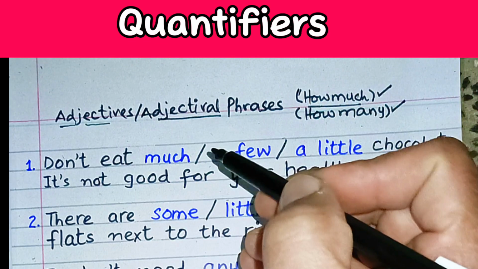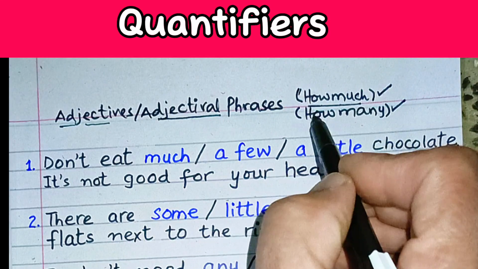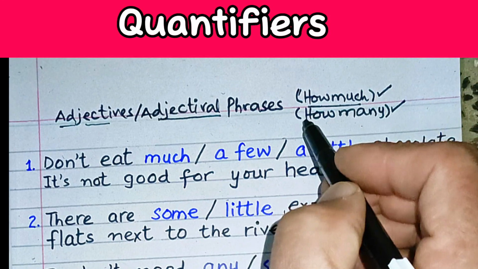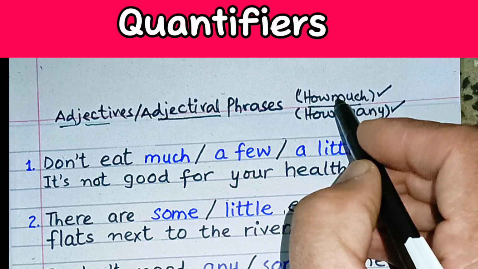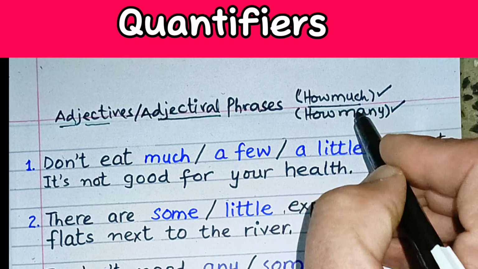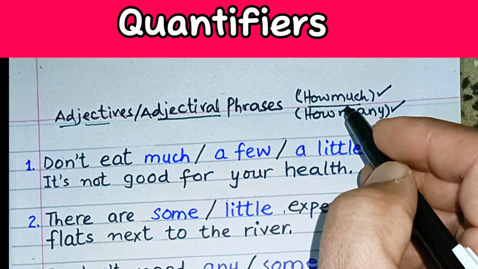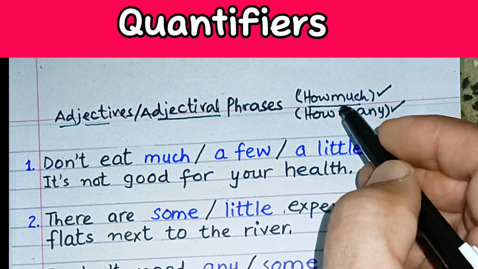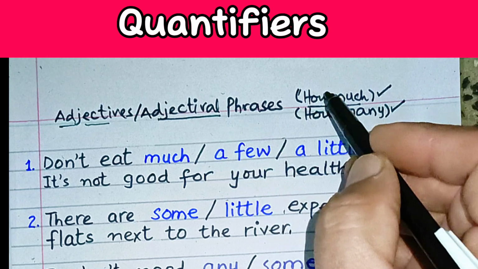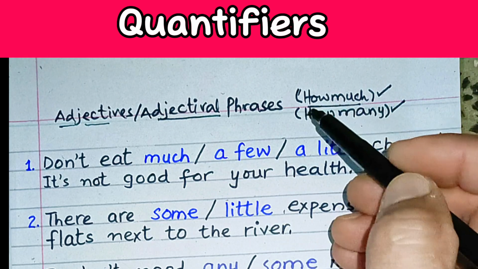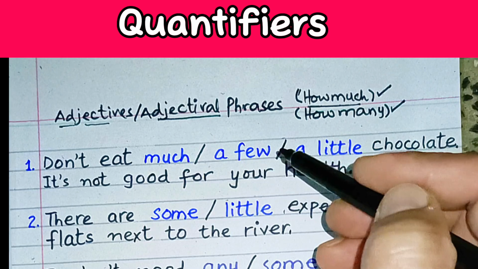So quantifiers are adjectives or adjectival phrases that describe how much or how many, and we know that how much is used with uncountable nouns and how many is used with countable nouns. So some quantifiers can only go with countable nouns, while others modify uncountable nouns